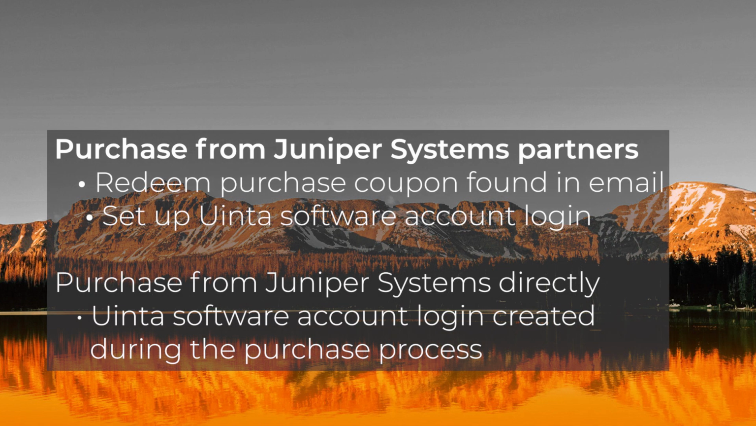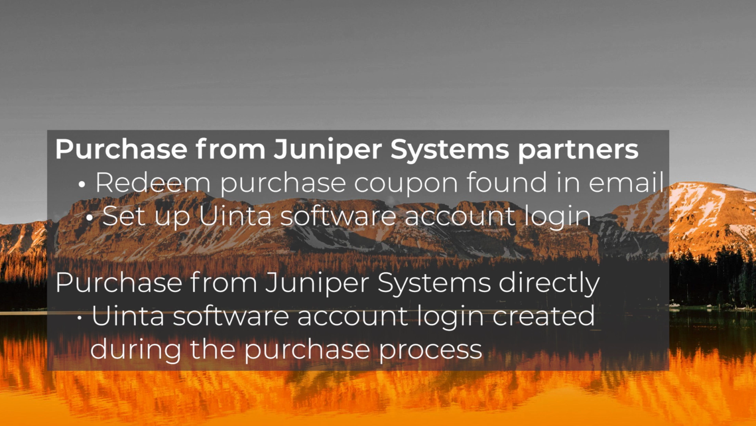If you purchased Uinta directly from Juniper Systems, you will have already created a Juniper Systems account during the purchase process. You will need the same email address in subsequent steps. More commonly, Uinta software is purchased from Juniper Systems authorized partners. If you purchased Uinta from a Juniper Systems partner, you will have received an email with instructions to license and set up Uinta. If you did not receive the email, please check your junk email folder as it may have been mistakenly routed there. If you still can't find it, please contact your partner or Juniper Systems and we will